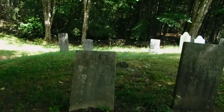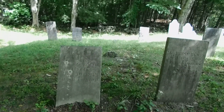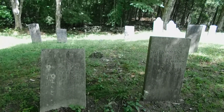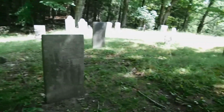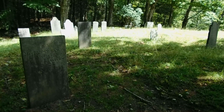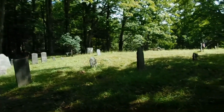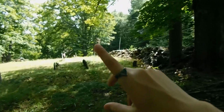This is 17. Oh, wait, I can't read that. Oh, no, that's age 72. My bad. 1839. Can't read their name, though. 1821. Aged 51. So, again, this cemetery belongs to a church, and we've driven through here, and technically the church